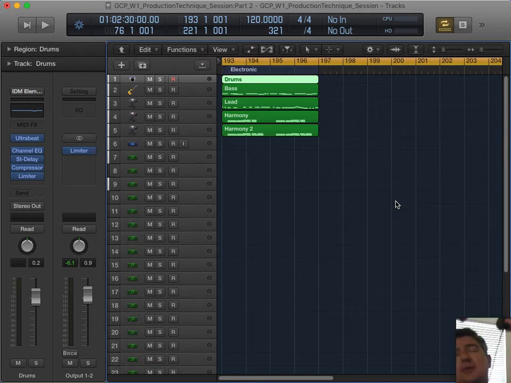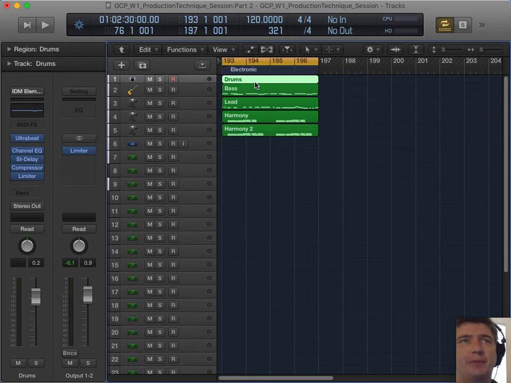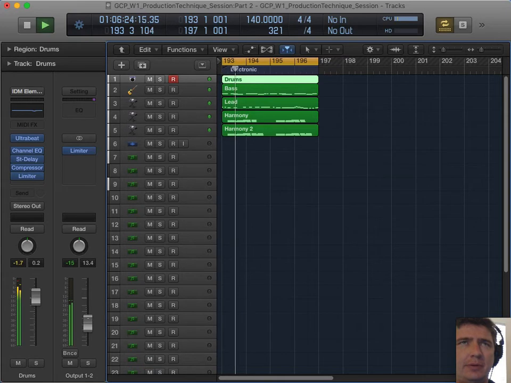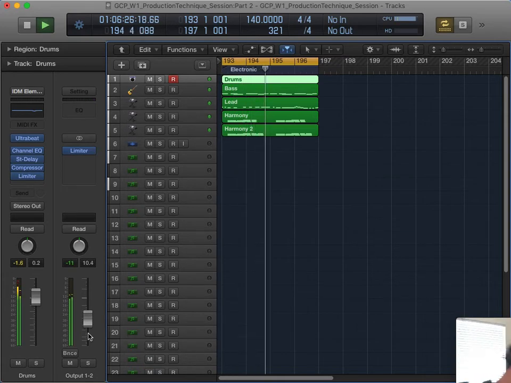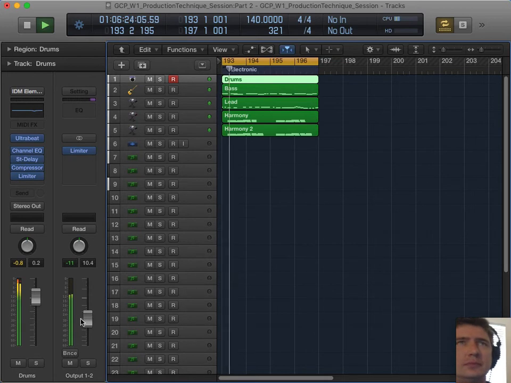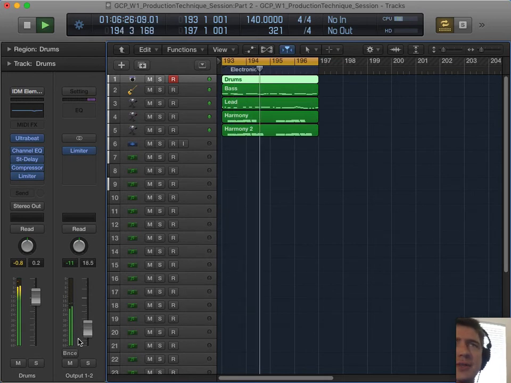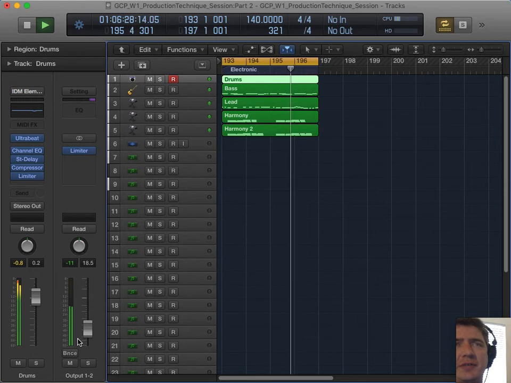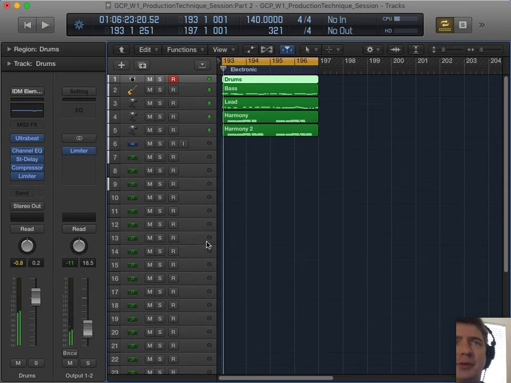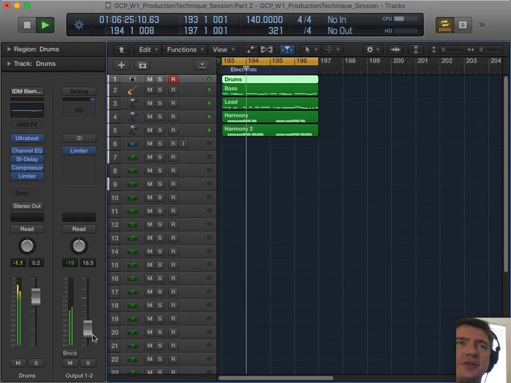We can do this and create a regular bounce first, or just, well, both ways are just going to be a regular old bounce. But the way we set it up will be unique. So here is the music for this part. All right, so some drums and a couple of different synths there, and we want to bounce this out as a loop.